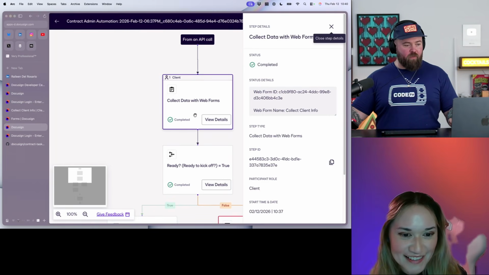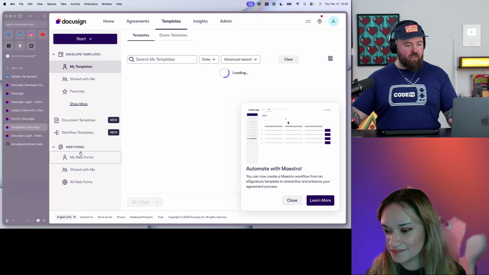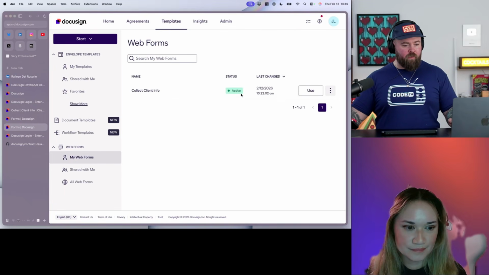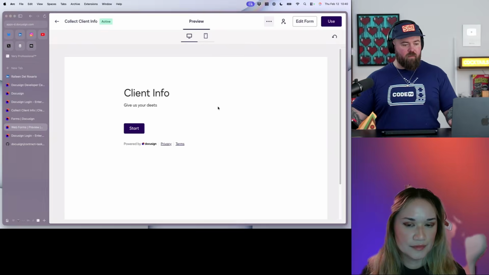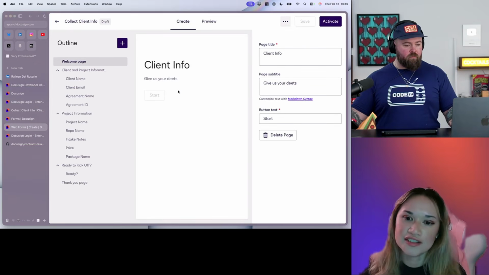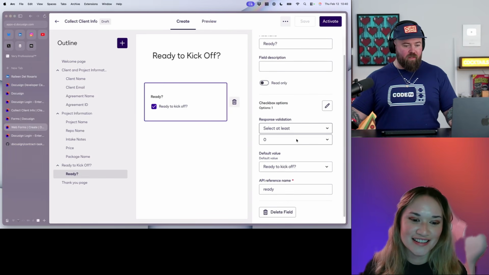Okay, so I need to go back to the web form, which is going to be back here. And then I'm going to go to templates and my web forms. And we're going to edit that. Edit form, yeah. See, I had a feeling it was the checkbox. It didn't do what I thought it did. Wait, no, this is right.